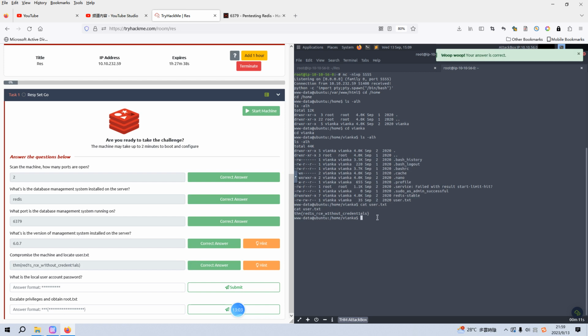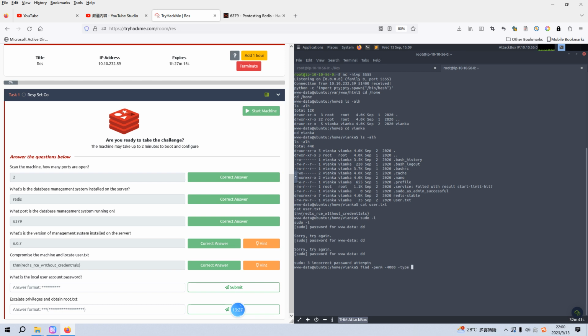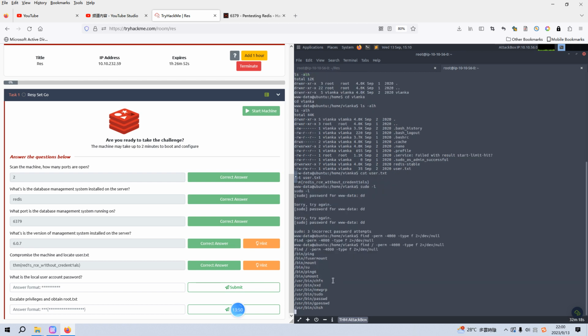And then we need to elevate our privilege, right? And we can sudo, but need to supply www data password. Of course, we didn't have. And then we can find, type find. We need to specify location to search or to find. Let's hit enter. We got